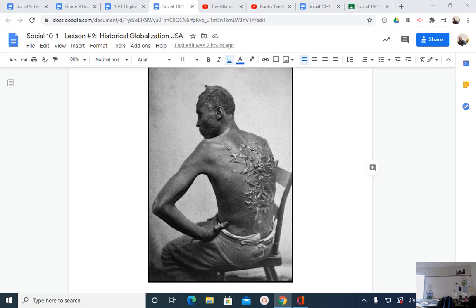12.5 million African slaves, mostly men, so it'll change the demographics of Africa. Yes? 20% of them died on the way there. So 20% of the Africans will die along the trip. So now we're getting some numbers to establish the size of the transatlantic slave trade. Yep. Some of the Africans came sold